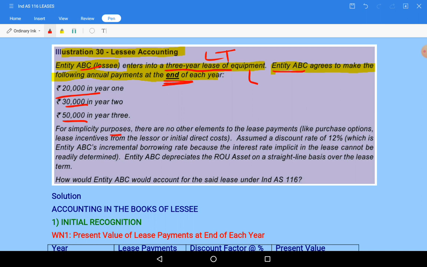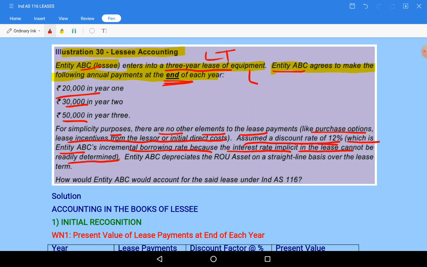For simplicity purpose, there are no other elements to the lease payments like purchase option, incentives or initial direct cost. Simple question. If those all are there, we need to calculate and include those things under right to use of asset. But here there are no things. Assume discount rate 12%, which is entity ABC's incremental borrowing rate, because interest rate implicit in the lease cannot be readily determinable. जो भी 12% डिस्काउंट रेट है वो incremental borrowing rate है